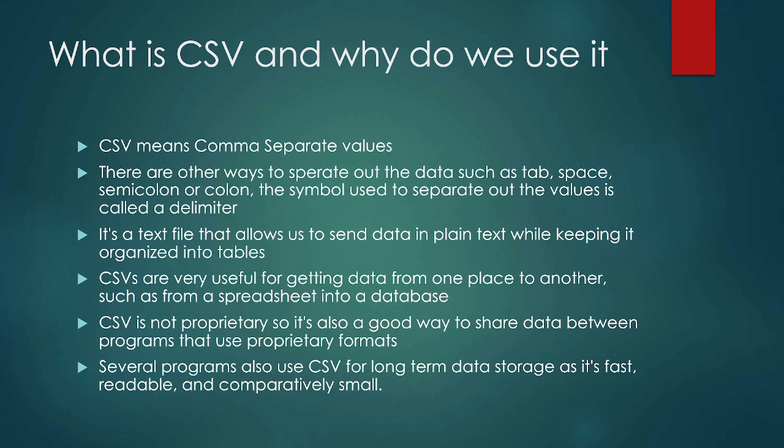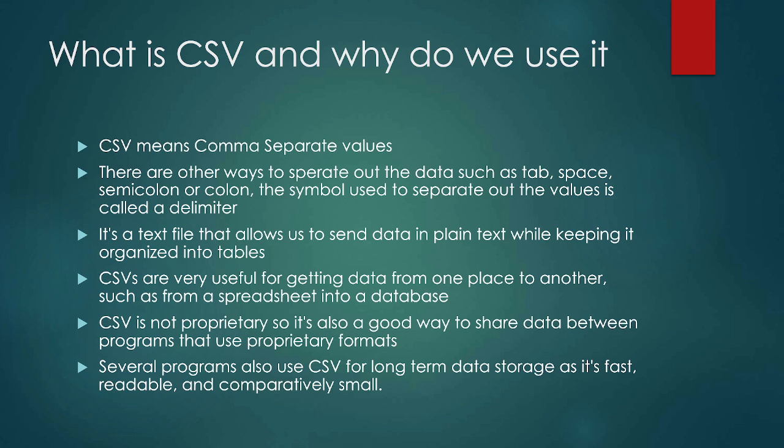Anyways, let's say we are saving our data about our magic cards. We would have the name of the card, the type of card it is, the value of the card, and which deck or decks it would be a part of. If I have a comma separated value, I would be able to take that data and move it into a spreadsheet or move it into a database or save it as a comma separated value and move it between those